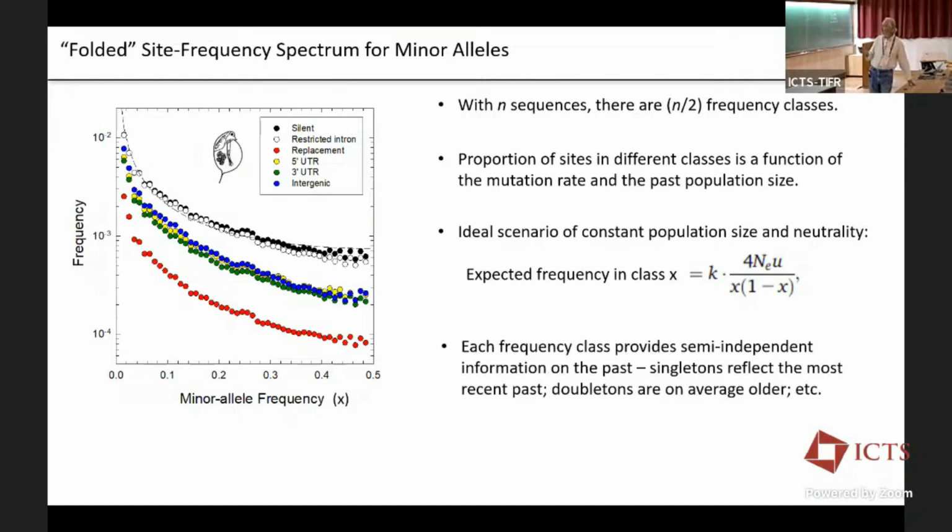And what's important to realize in more complicated data is that every frequency class provides information about different aspects of the history of the population. So on average, singletons, which are only in one copy in your whole sample, are by definition the youngest polymorphisms, and they must give information about the fairly recent past, whereas, assuming neutral alleles, more frequent alleles are giving you additional information deeper into the past. Make sense? To become frequent, you have to have been around for a fair amount of time.